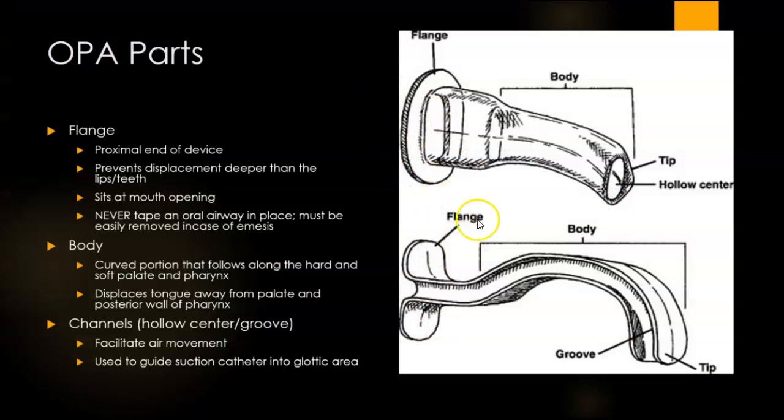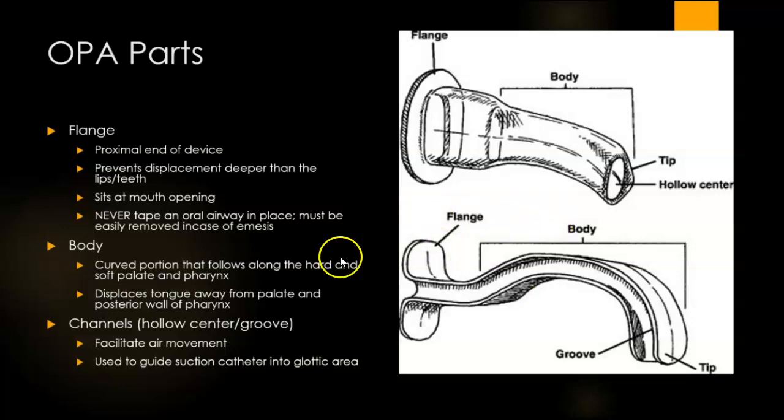Okay, so there's a couple parts to these. This widening at the opening of it is called the flange. It's on the proximal end, so this is the end that sticks out of the patient's mouth, prevents this from sliding deeper into the airway. You never tape an oral airway in place, okay? Because we want to be able to easily pull these out in case the patient throws up. Based on how these fit in the patient's airways, these tend to not move around. So once they're in, if you've sized it appropriately, they're going to be in and you don't have to worry